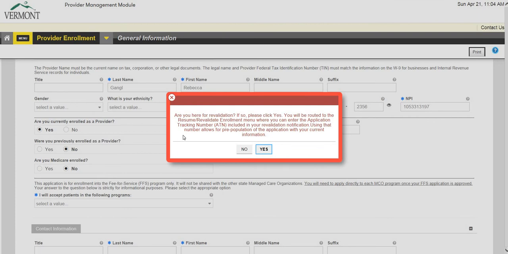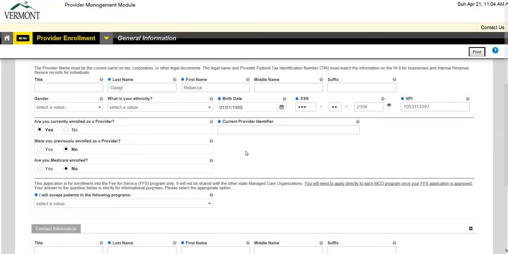That red box basically means stop, because are you actually here to revalidate? The revalidation process is different than creating a new enrollment. So if that was the case, you would simply hit yes, and it's going to bring you back to the home page in order to revalidate. Today we're not here to revalidate, so we're going to hit no, and I'm going to say I'm not currently